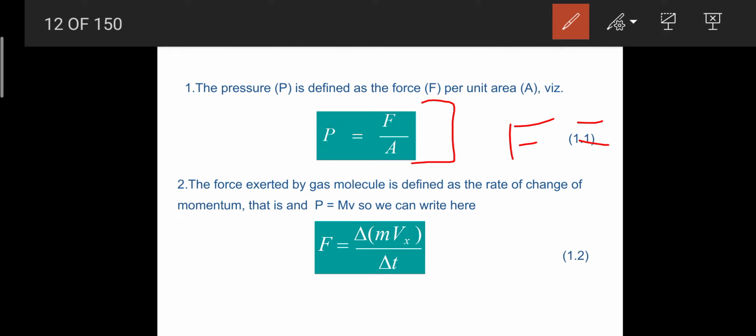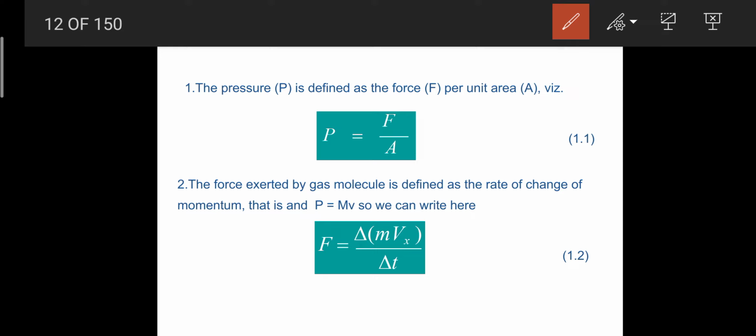Force is equal to, now see here, the force exerted by a molecule, it is going to be defined as rate of change of momentum. और यहाँ पे इसको हम लिख सकते हैं P is equal to mv. तो यहाँ पे एक गलती हो गई है, P is equal to small m capital V, ऐसा है ये. तो ये टाइप करते वक्त हमसे एडिशन में कुछ प्रॉब्लम आ गया होगा. तो यहाँ पे इंस्टेड ऑफ P we are mentioning here change in mvx by change in time with respect to time.